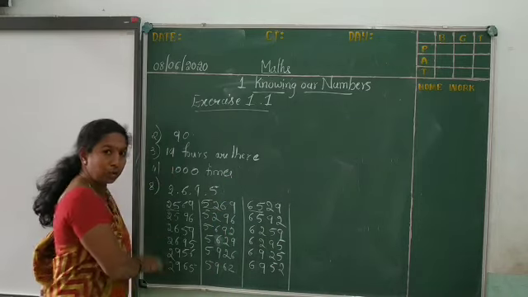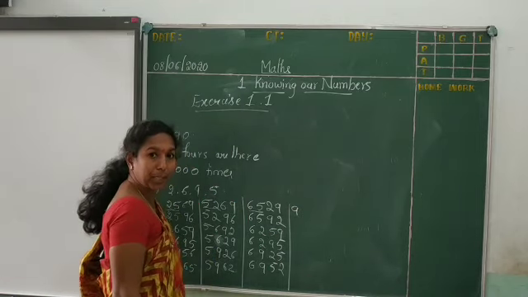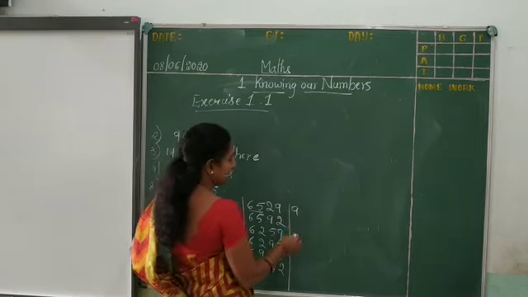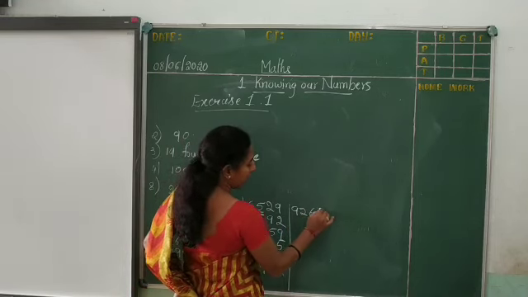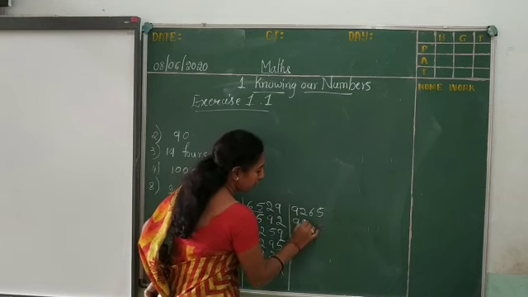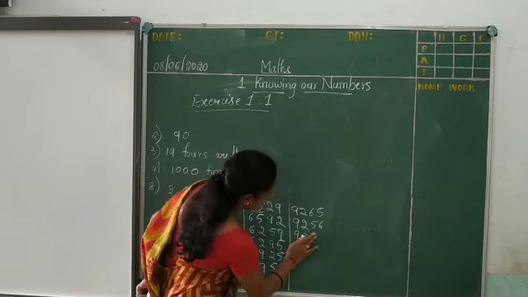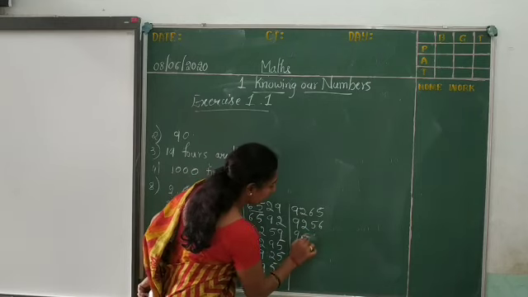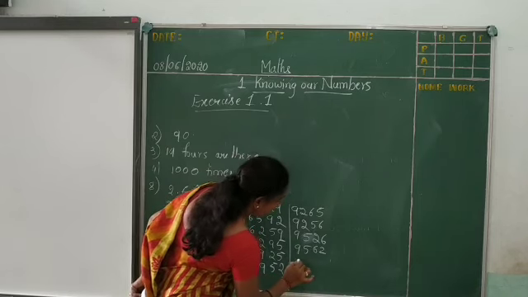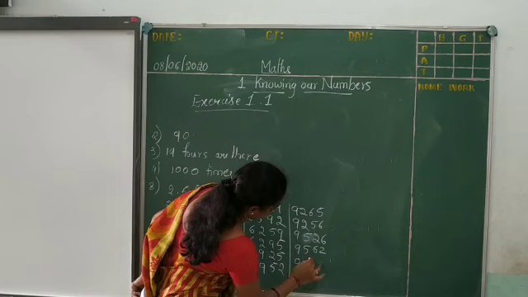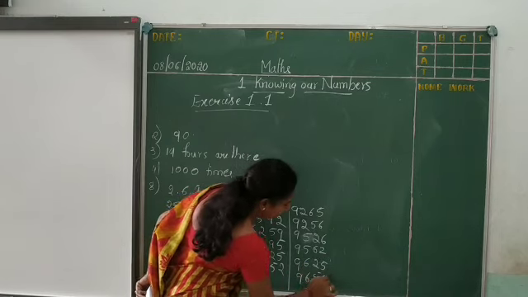Instead of these two, next 9, meaning 2, 5, 6, 9, 5, 2. Now the 3000 place digit is over. Now the last one is 9, which should come in the 1000 place. In the remaining 3 digits, that is 2, 6 and 5, the next is 9, 2, 5, 6. Again 9, 2, sorry, 2 is over now. 5, 2, 6, 9, 5, 6, 2. Again 9, 6, 2, 5, 9, 6, 5, 2.